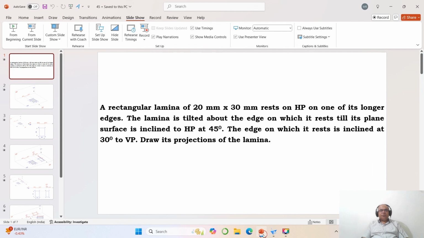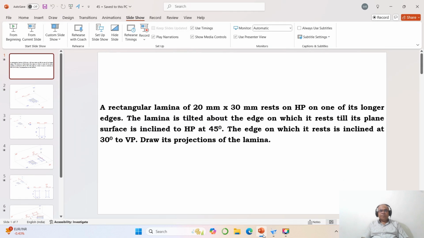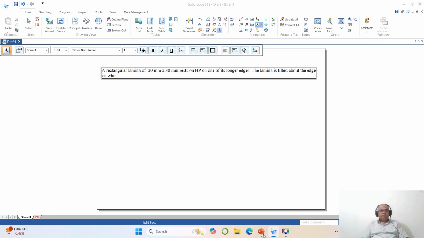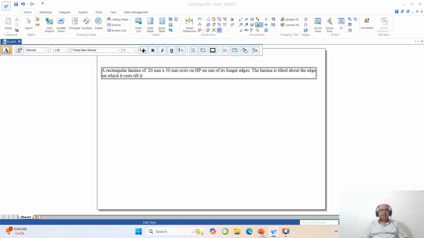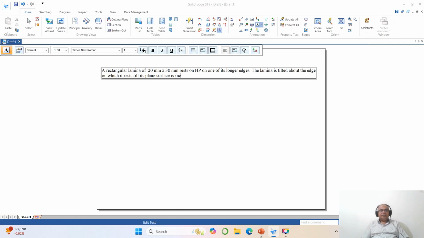The lamina is tilted about the edge on which it rests till its plane surface is inclined to HP at